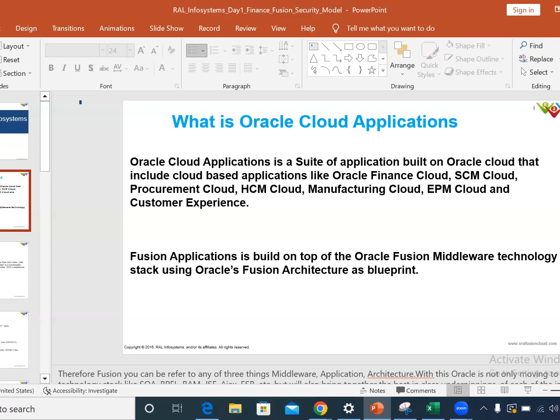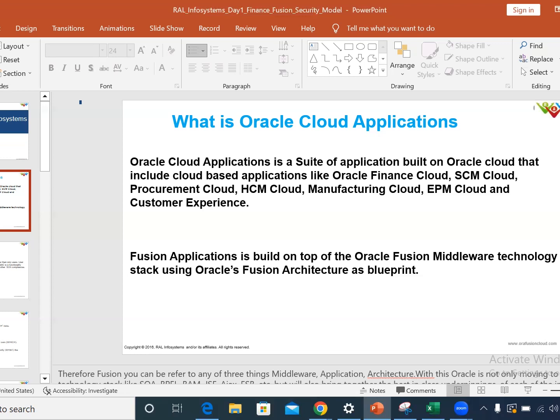I mean, what is the difference between cloud applications and middleware? Basically, in Oracle Cloud there are two parts, middleware and applications. Middleware is basically the technology stack components. It's a family of middleware products like BI, identity management, content management. These are all parts of Oracle middleware, right? So when we say Oracle Cloud Applications, it's Oracle's next generation suite of applications, and it assimilates